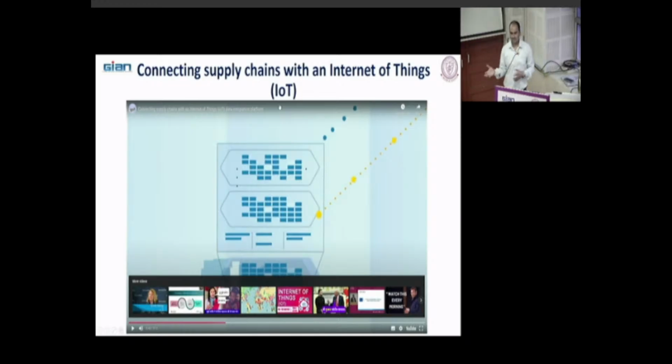Similarly, the logistics company can use the fleet vehicles for other purposes. Another simple example: when you travel by train or flight, normally before going to the station we check the status of that flight or train. Why? Because we don't want to unnecessarily go there and wait if that flight or train is delayed. That's the example.